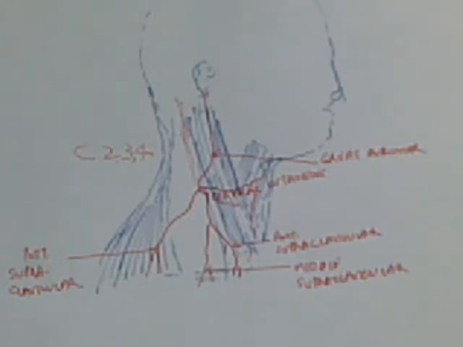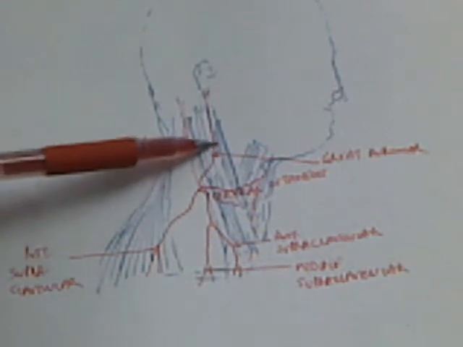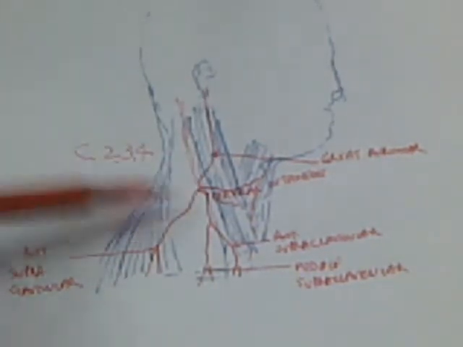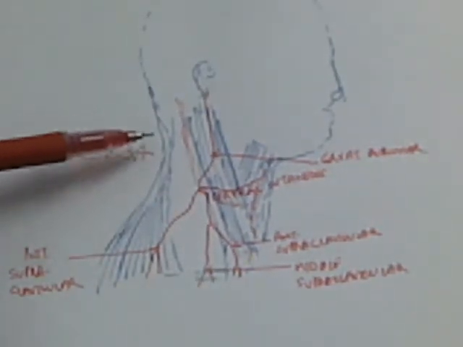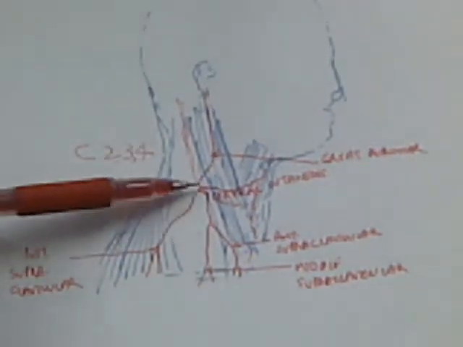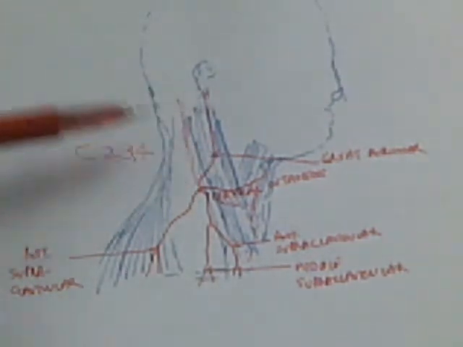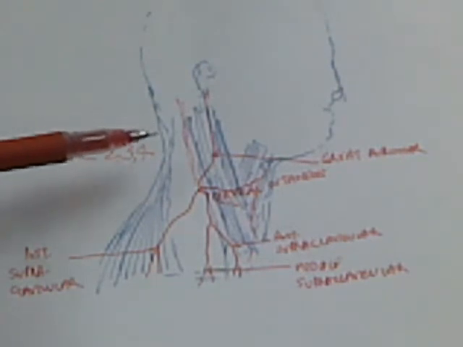Now when we come to the great auricular nerve, it originates from the cervical plexus. So this is the great auricular nerve, and this is originating from this cervical plexus, also formed by C2 and C3. It provides sensory innervation for the skin over